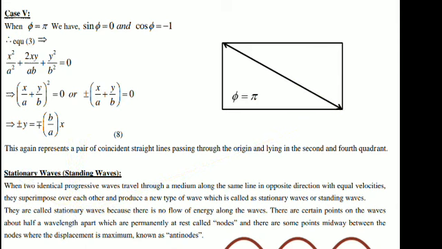So such different types of curves can be obtained by putting different values of the phase difference phi and different values of the amplitudes. These are the different cases where we get different figures, and these figures are called Lissajous figures. So this particular point is very important as far as the examination is concerned.